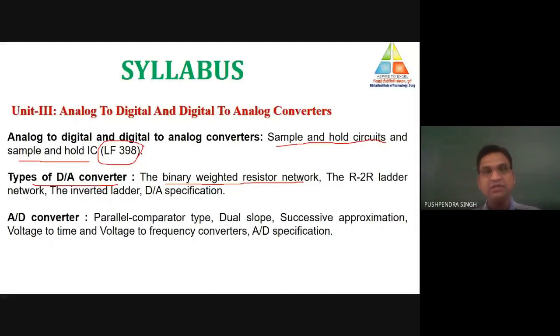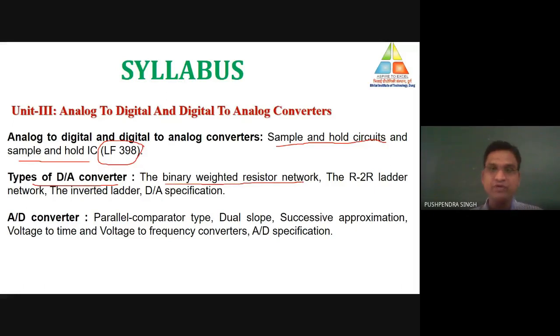So let's suppose the number of digital input bits is 8. On that condition, what would be the size of the resistor? 2 to the power 8, and that is equivalent to 255. So suppose if the value of the first resistor is 1 kilo ohm, then the last resistor will be 255 kilo ohm. And if the value of the first resistor is 10 ohm, then that would be 2550 ohm. So it's not practical to use this kind of circuit. That was the basic problem with the binary weighted resistor type DAC.